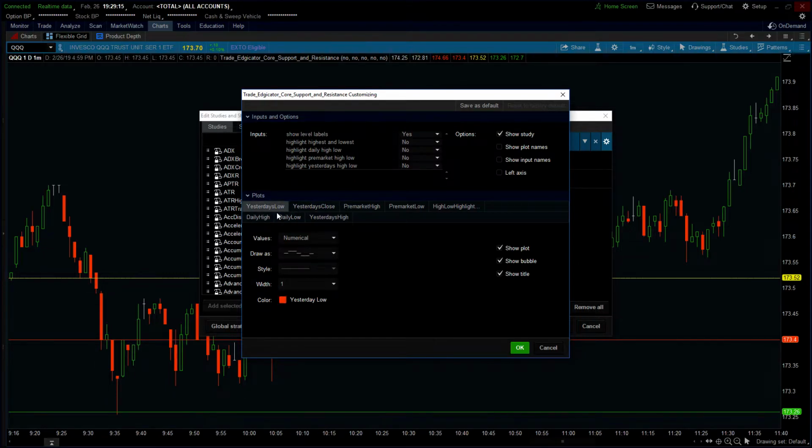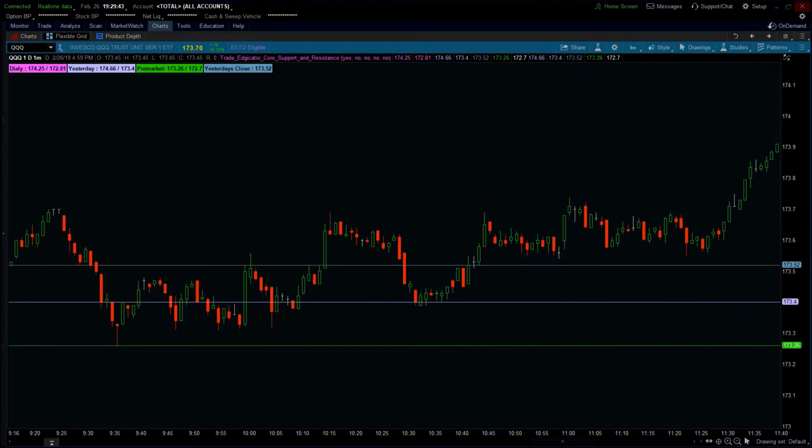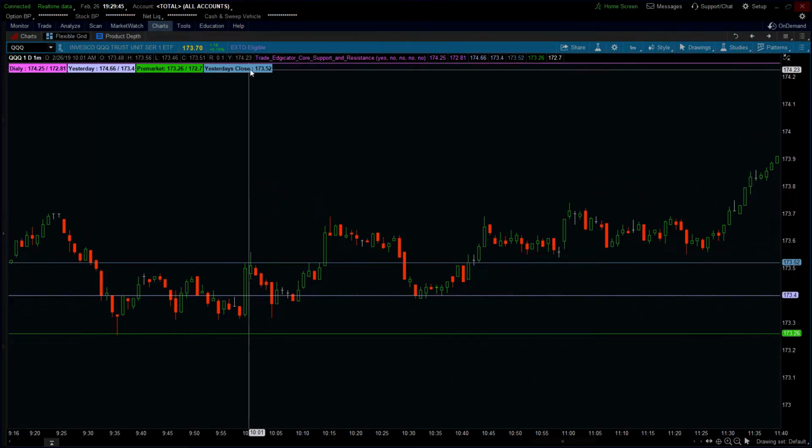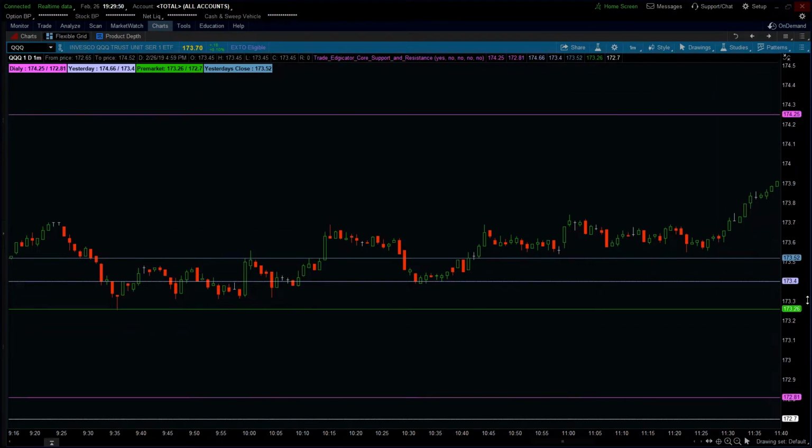So for example, here's yesterday's low. Let's change that to that color there. Let's change yesterday's high to this color. Let's change yesterday's close to that. Pre-market low, make that white. Daily high and low, make that there. So basically, as you can see, it changed the colors of the labels so you can remember what corresponding lines